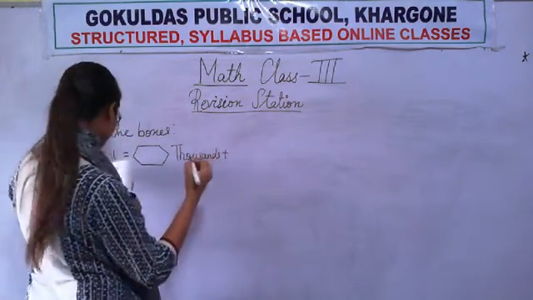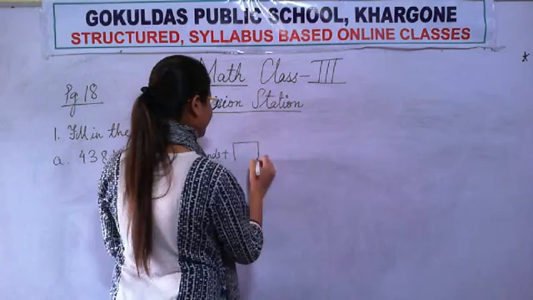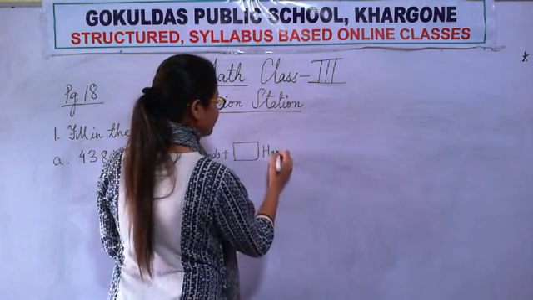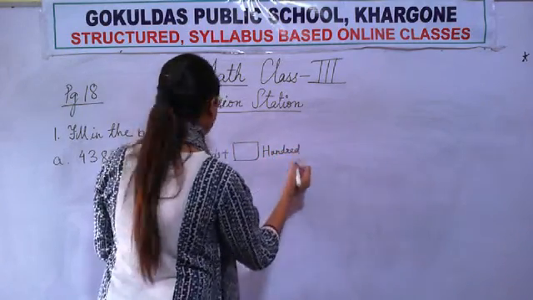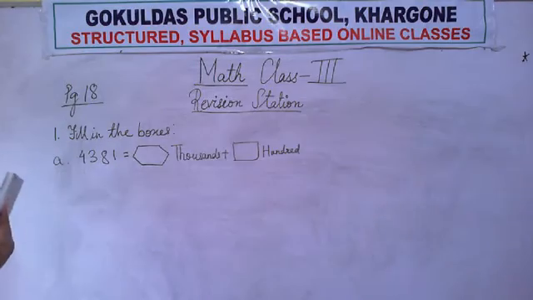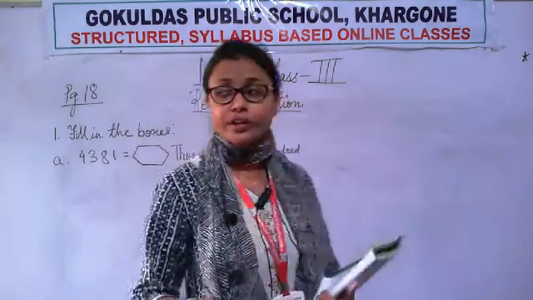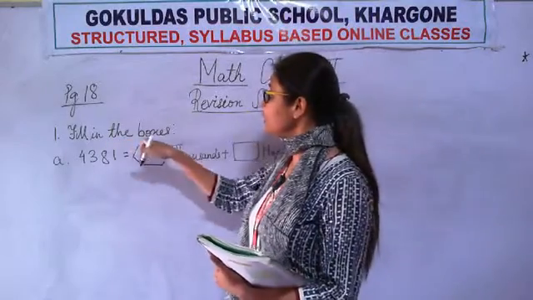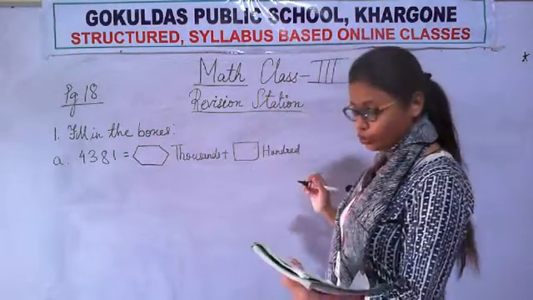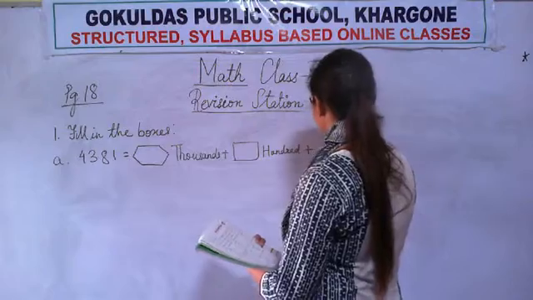Plus, expanded form. You have all done the same expanded form, we will do it. Just see the way the question has been given to you. It has not written, write the number in expanded form. Is it written like that? No, it is not written like that. How is it written? It is written fill in the boxes. Boxes are given to you. You will have to fill the boxes.